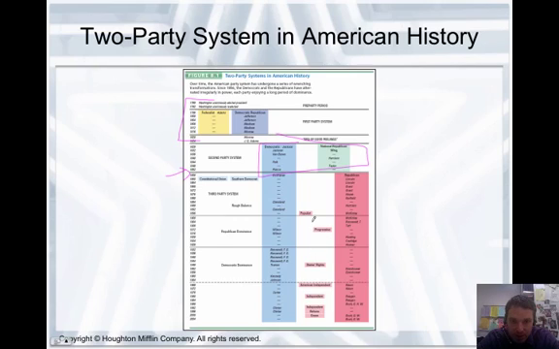And then you can see every once in a while there's the Populist Party, Progressive Party, States' Rights Party, American Independent, and then the Independent Reform Party, good old Ross Perot, if you remember that guy, and the Green Party. They come and go depending on whether they're running a candidate for president and things like that.